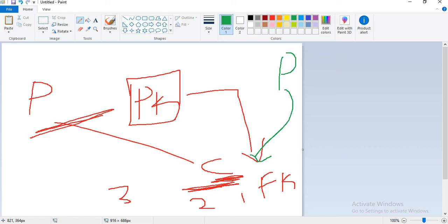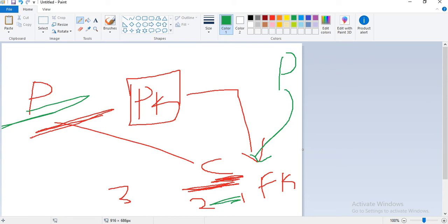In this example I needed two tables to work with the foreign key. While creating a foreign key, I need to specify those details: what is the parent table and what is the child table. That's how I'm going to link. So let me quickly start pgAdmin. There are a couple of actions, like set null action, cascade action, no action, restrict action. We'll talk about them one by one slowly.